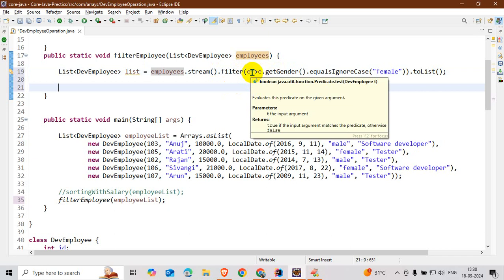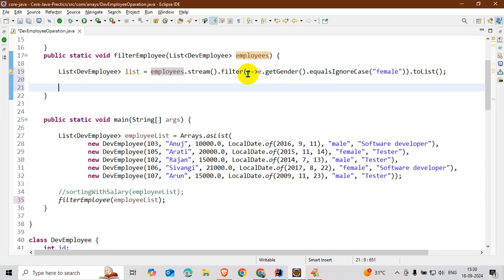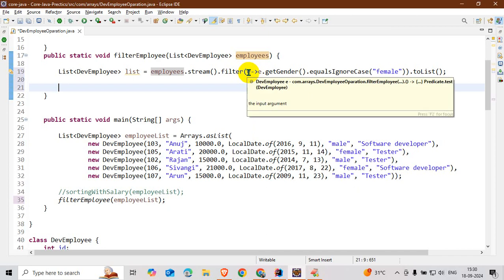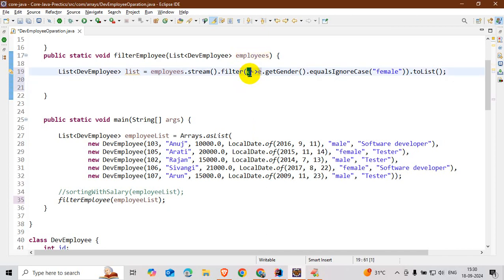In predicate there is only one abstract method, that is test, which takes one argument and returns a boolean value. So here I write the lambda expression. It takes one argument, an Employee class argument, and I write the conditional check, first getting the gender.